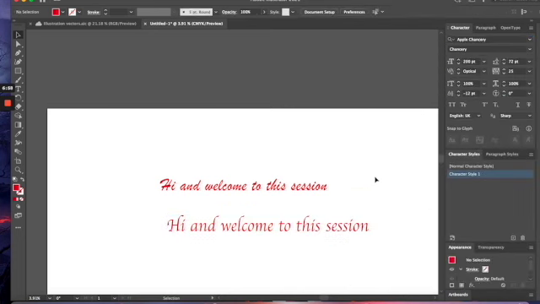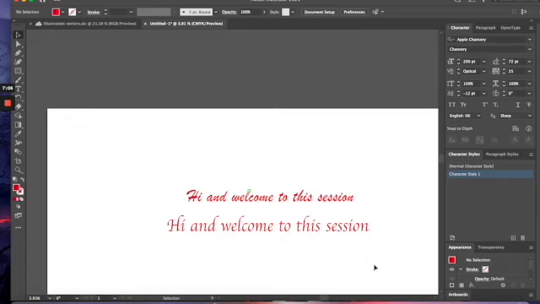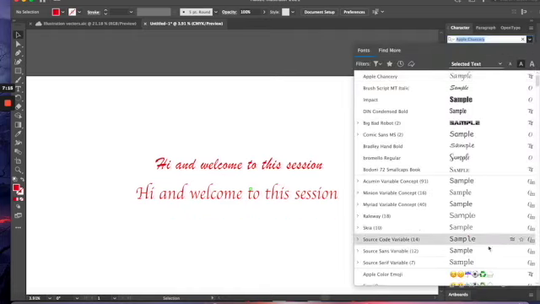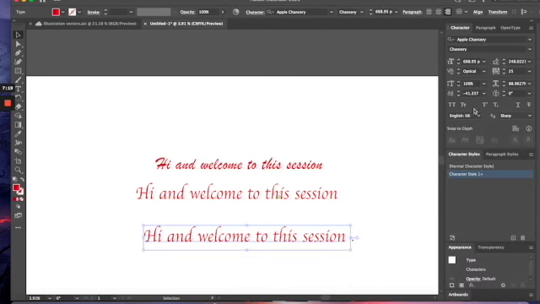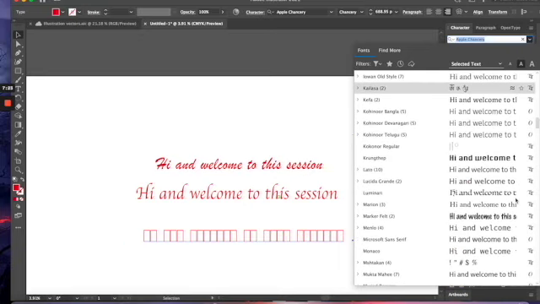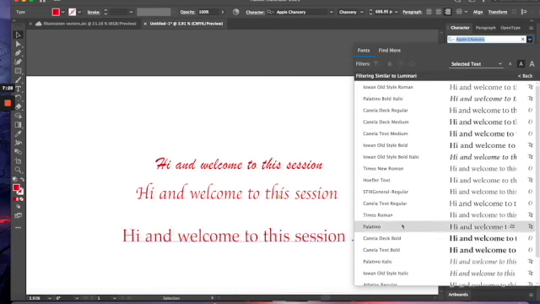Apple Chancery. This looks like it is still handwritten but cursive. This looks like it has been chiseled and printed. Both of them are italic, both of them have a slight cursive format, but look at the difference in the impression they both have created. Now if I have to select this font and maybe change it to something else. If you see a font like this,